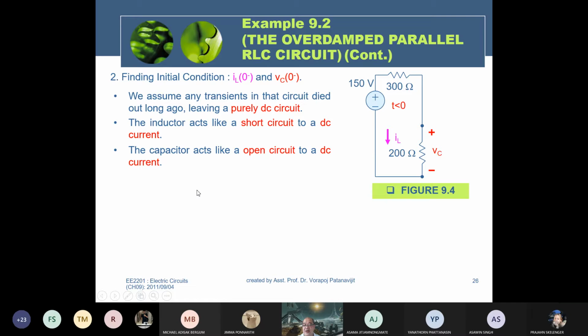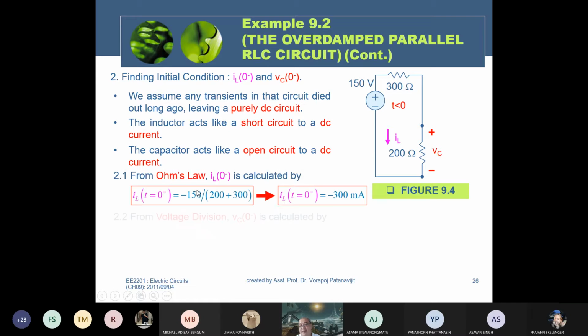The direction is reversed. Therefore, I equals minus the 150 source divided by 20 plus 200 plus 300. You get the inductor current equal to minus 30 milliamp. For time greater than 0,